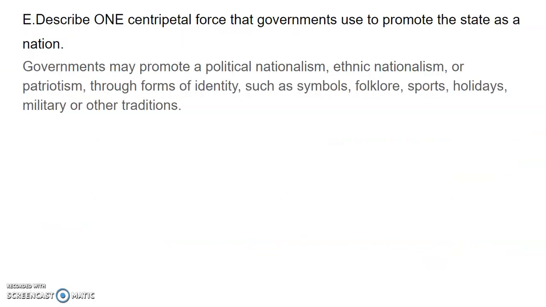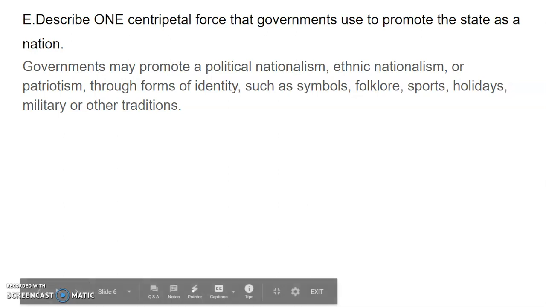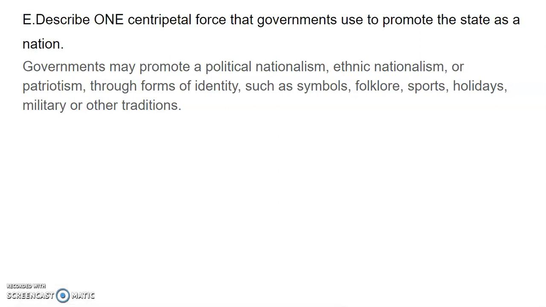E, describe one central force that governments use to promote the state as a nation. So we're talking about centripetal force. How do they unite people around their country? They can promote political nationalism, ethnic nationalism, patriotism, so that's the force. And then they do it how? Through forms of identity such as symbols, flags, national monuments, their national songs, folklore. So those are the stories and the history, which would be like a Paul Revere or George Washington's March. Sports and the national sports, holidays like July 4th, military traditions, which we would have like Veterans Day, Memorial Day,